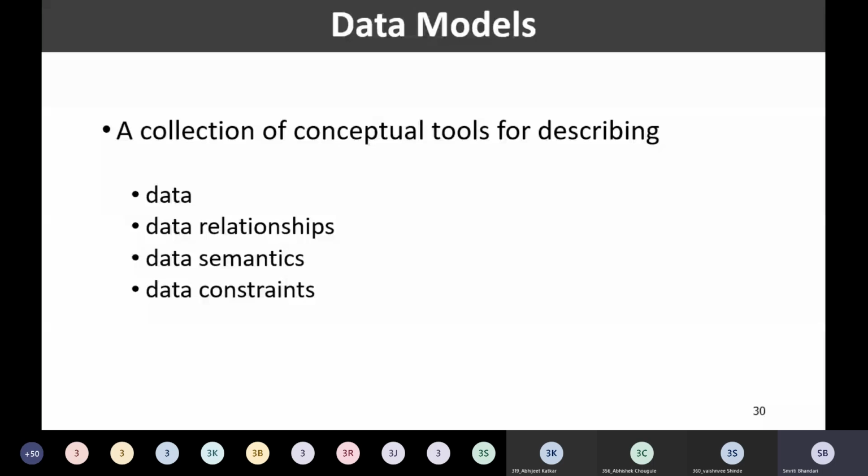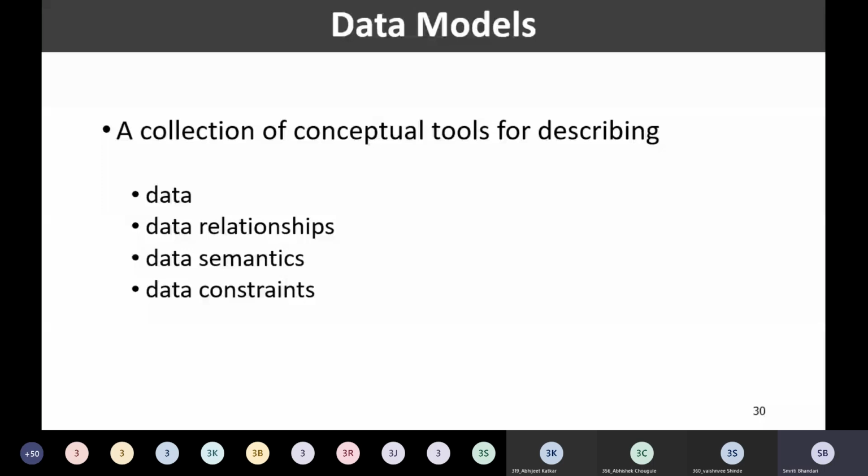A data model is a collection of conceptual tools for describing data, data relationships, data semantics, and data constraints. I'll repeat: data models are collections of conceptual tools for describing data, data relationships, data semantics, and data constraints.